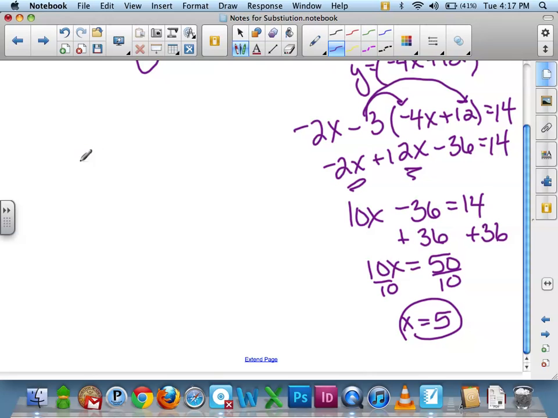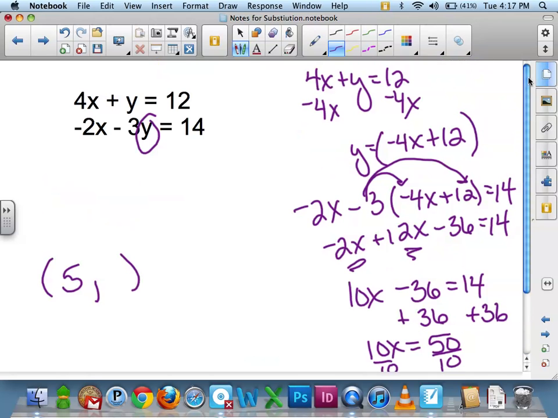So part of my ordered pair is going to be 5. We're still not done yet. We have to go back up, and what I'm going to do is use this equation that we solved for y in to find my y. So I'm going to go y equals